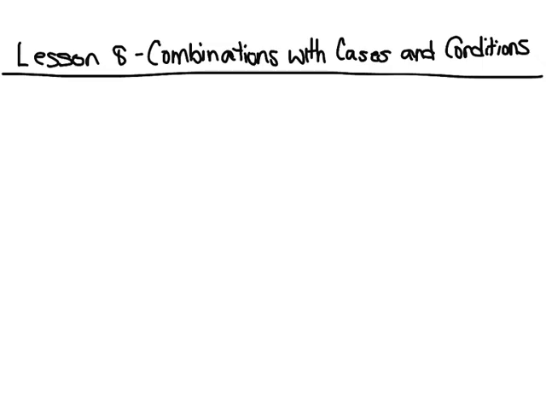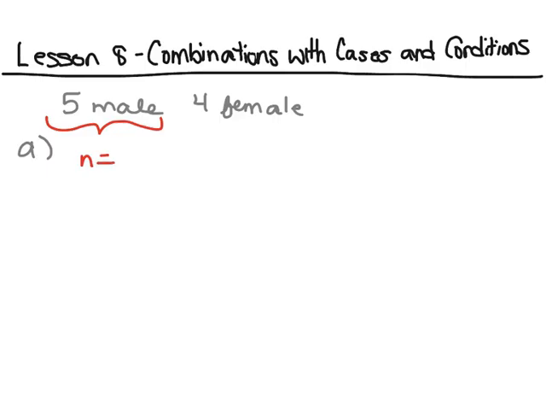Example 2. Tanya is a coach of 9 players, 5 male and 4 female. In each competition, teams of 4 compete. So for A, how many different 4-person teams does Tanya have to choose from for an all-male competition? So we're only allowed to use the males here, and we need to take 5 of them and choose 4 of them. The order does not matter, so we have 5 choose 4,